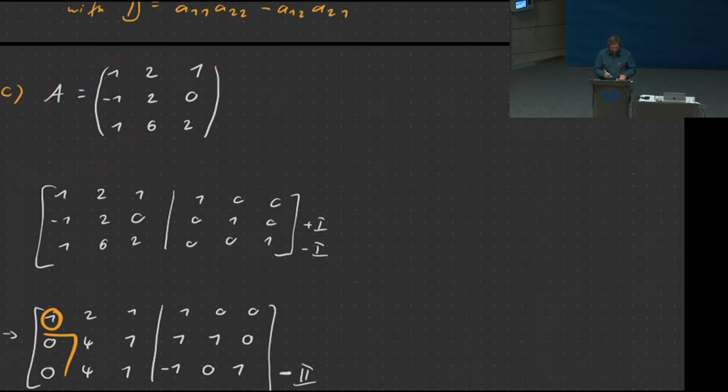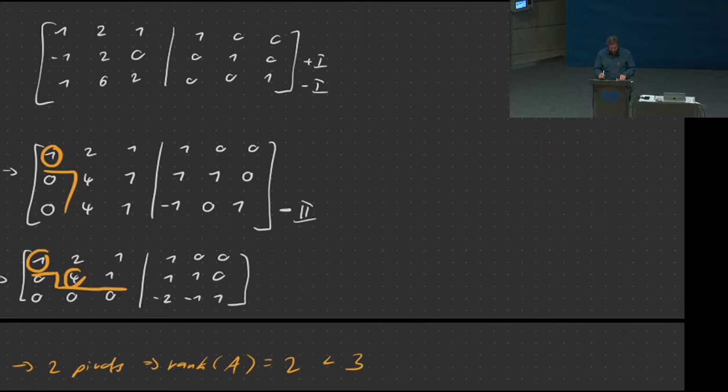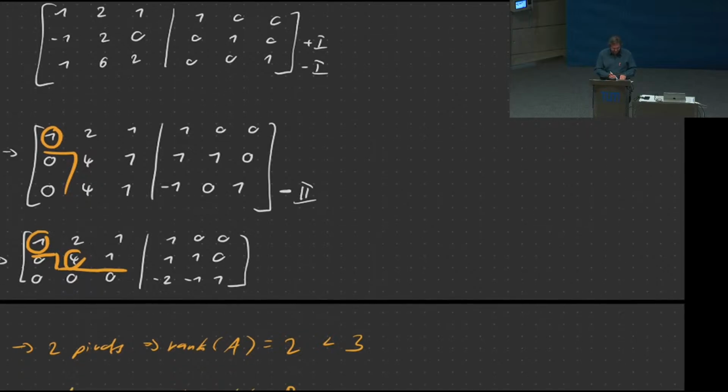And again, I'm applying the same procedure. I put the matrix on the left, I put the identity matrix on the right. I'm doing Gaussian elimination steps. And in doing so, at some point, I hit this barrier here where I get a 0 row on the left. At that point, I know the left-hand side doesn't have full rank. So that's when I can stop my procedure.